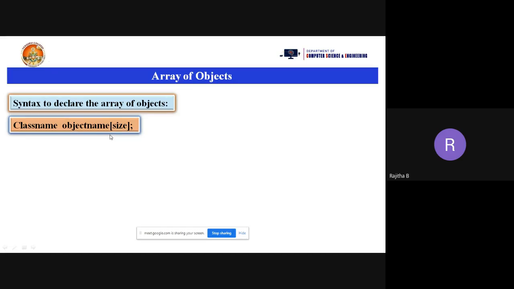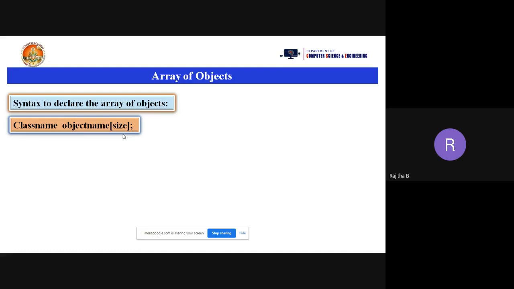But when you come to the array of objects, we need to take the square brackets. Between the square brackets, we need to mention the size of your array. So this is the syntax of array of objects: class name and object name, and the object name followed by the square brackets, and within the square brackets you need to mention the size of your array.